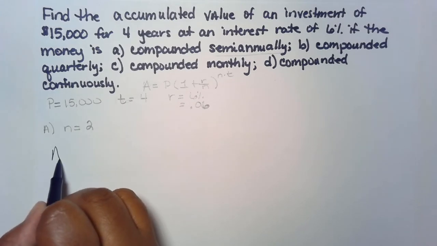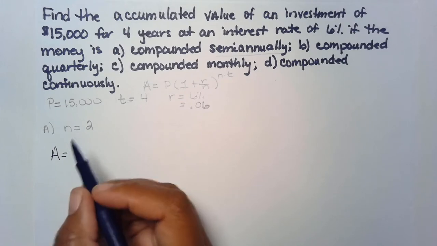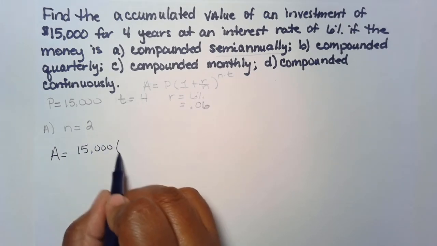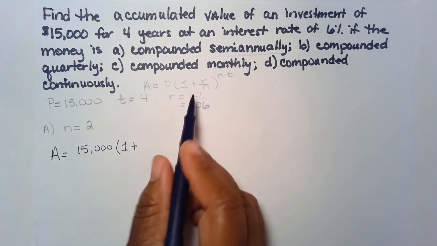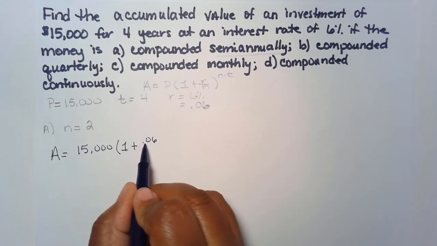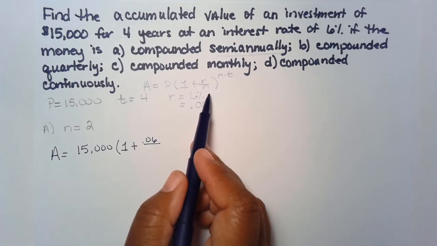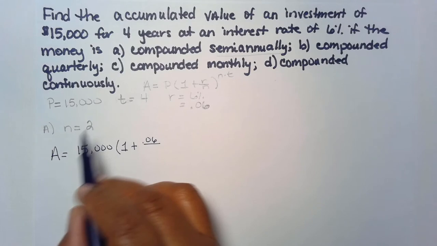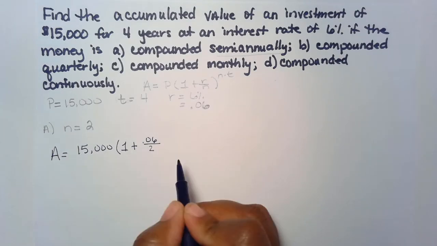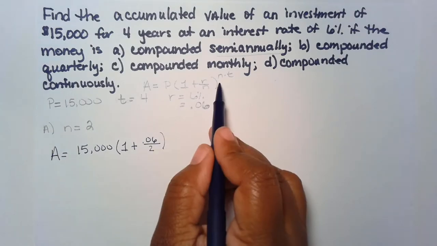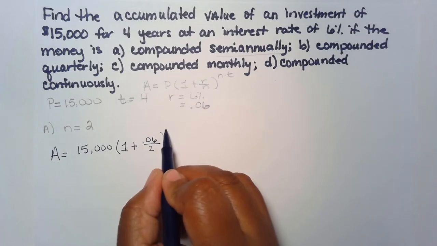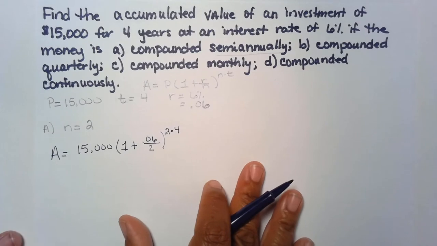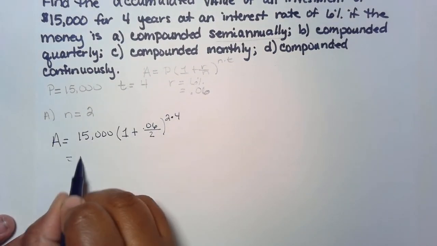We have A is equal to 15,000 times 1 plus our rate 0.06 divided by our compounding semi-annually, which is twice, all raised to the n times t, so 2 times 4. So let's go ahead and work this one out. We have here 15,000